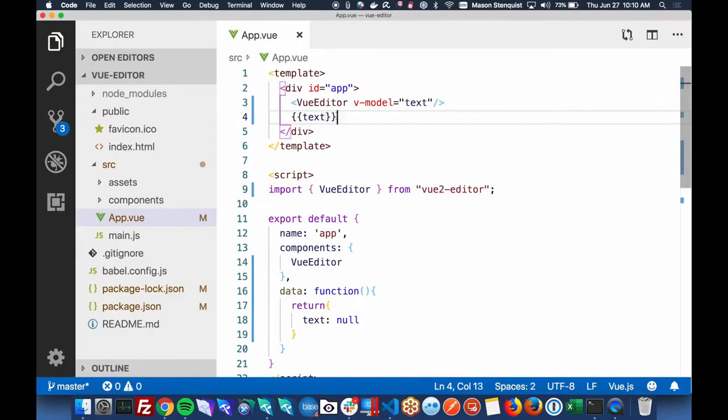And if we didn't want to display it as the raw HTML, what we would do is, I believe this is how you would do it. Let's give it a shot.